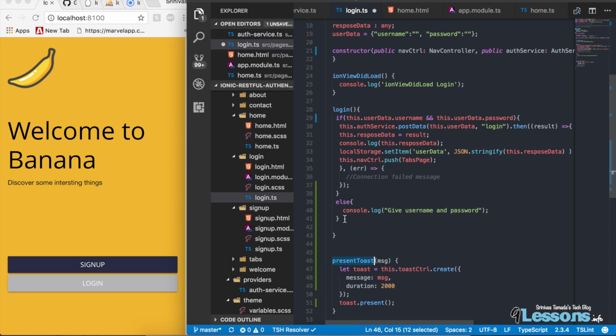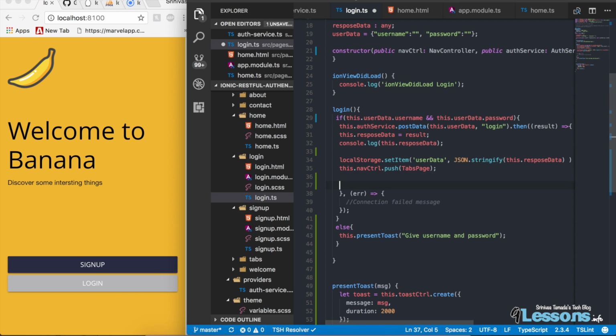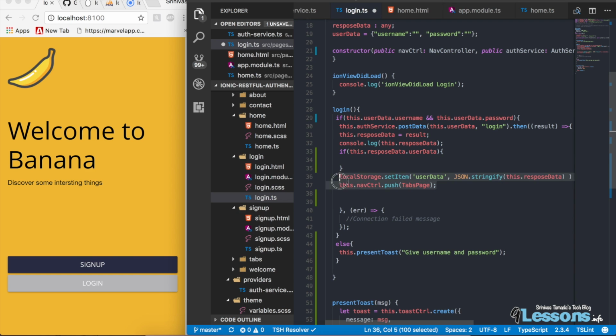So instead of the error, instead of this console, this dot this and this message. In the same way, this is a general validation, and it goes to the API, and the API also gives whether it is valid data or not. So this should be in the check, like the response data has the user data or not. So let me check this dot user data, because this data only we are going to use, because that one I'm storing it here. So this should go inside this,